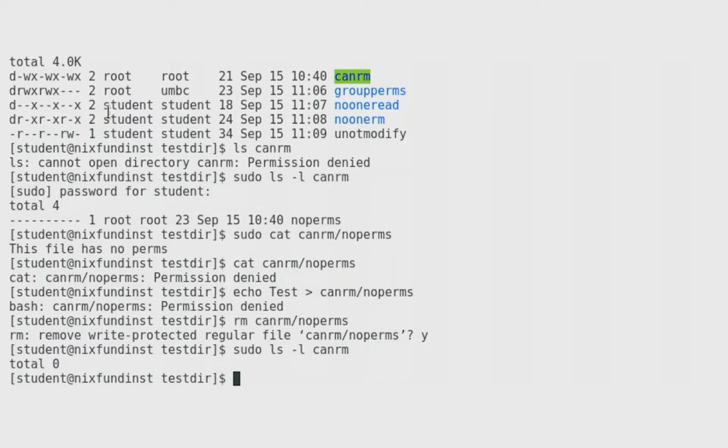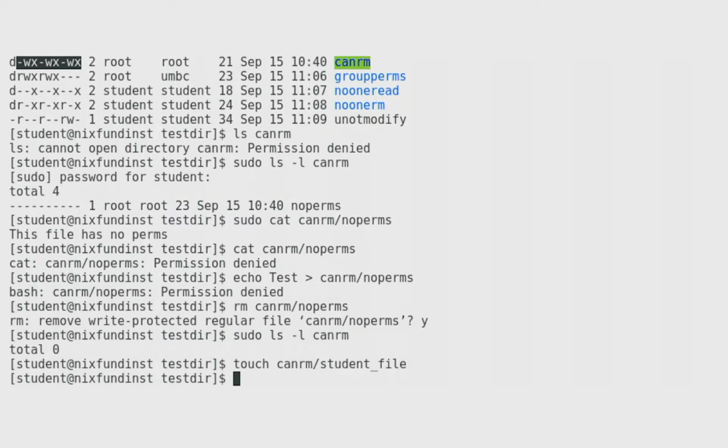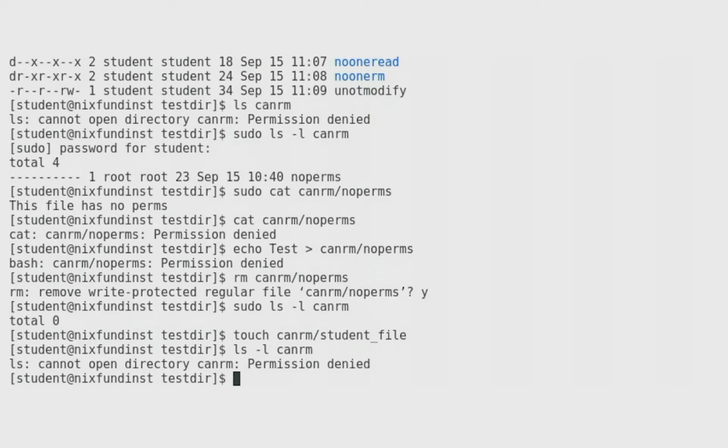And if we look at the canrm directory here, we have write and execute on the directory. So although we can't see what's in the directory because we don't have read, we do have execute, which means we can traverse the directory. And we do have write, which means we can add stuff to the directory or remove stuff. For instance, I could say touch canrm/student_file, and I get no error. Now I can't do an ls -tacl of canrm and see that file, but I could echo, this is my file,